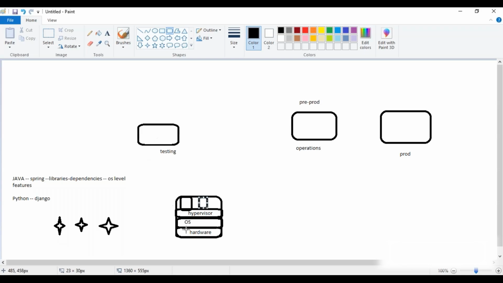But here, once virtualization came into the picture, these guys can take the image which contains the operating system along with it. So whatever the prerequisite software, libraries, everything is running with that image. They will just use the image and create some instance, a virtual machine, and they'll do the testing.